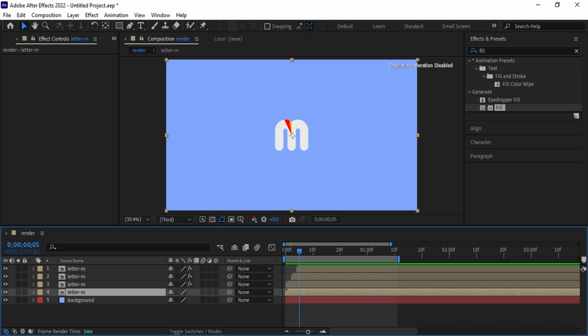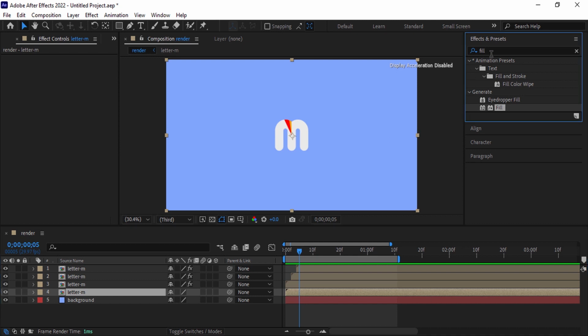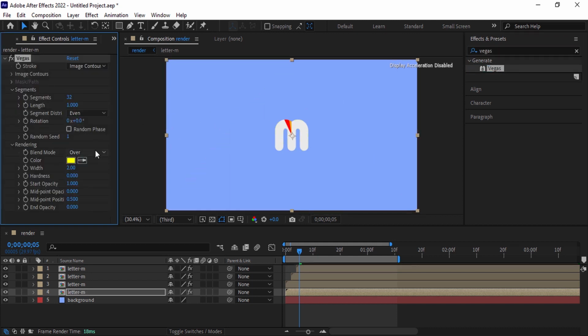Then go to the Effects and Presets and search for the Vegas, apply it onto the layer, and then change the blend mode to transparent. Change the segment value to 1. Now change the hardness value to 0.5 and it will make the stroke visible.